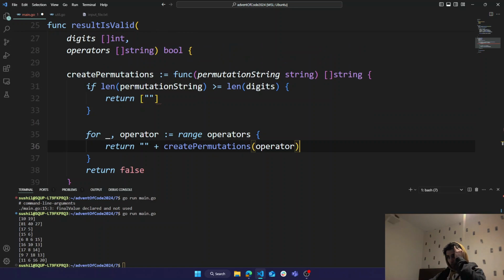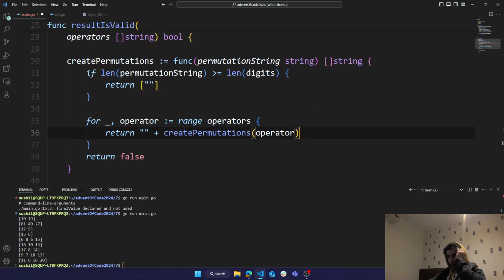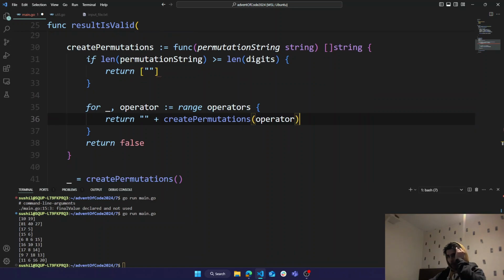Single permutation string. For each operator, we want to create all of the possible permutations. For one of them, so given we start with